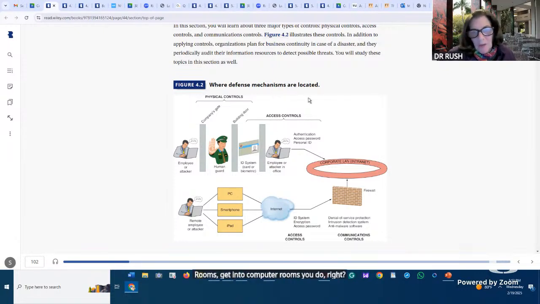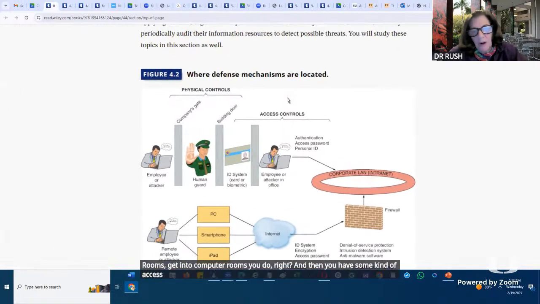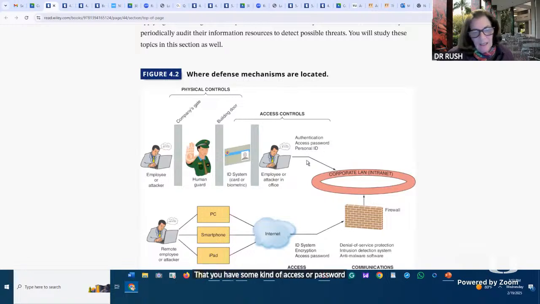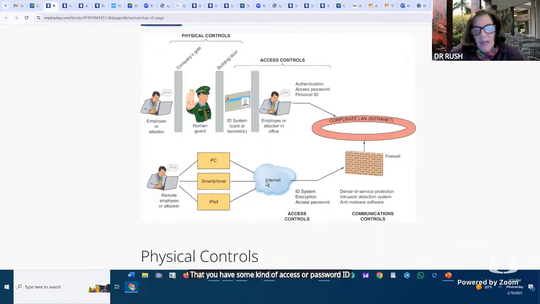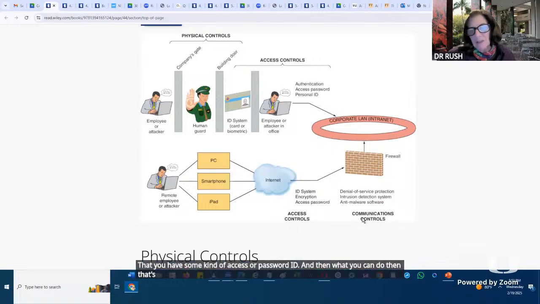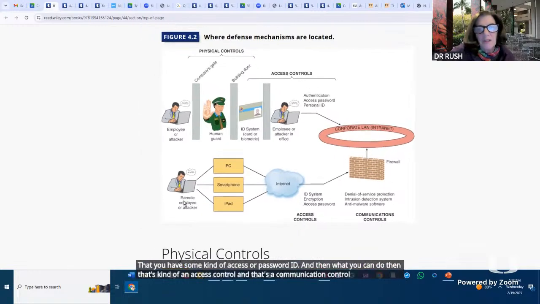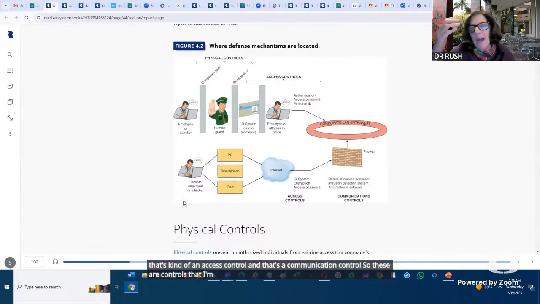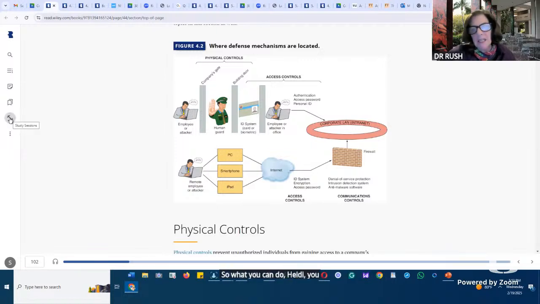And then you have access controls, some kind of password ID, and that's also a communication control. So these are controls that I'm going to be using when I'm at risk, to try to reduce it. So Heidi, you see this diagonal line here?